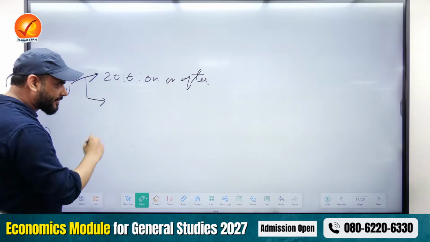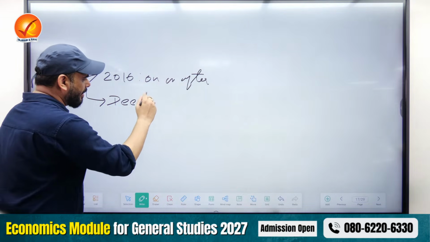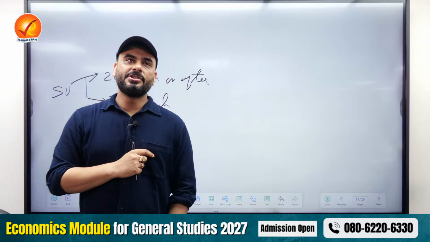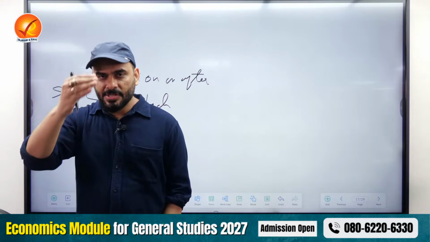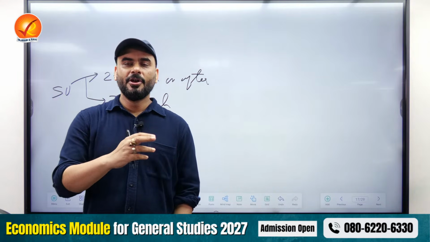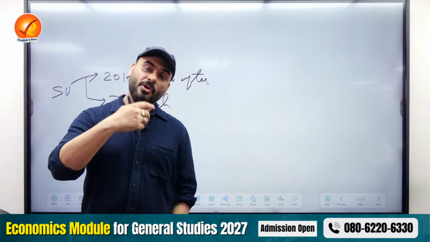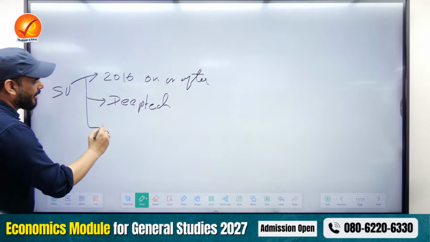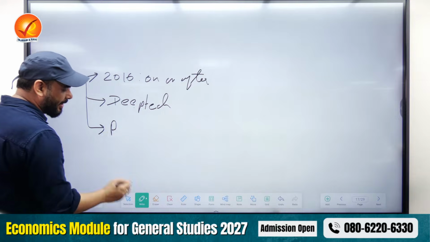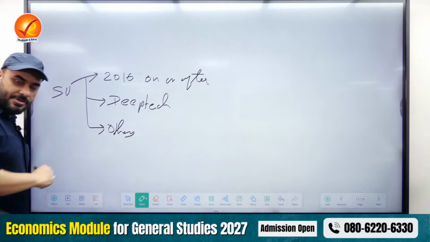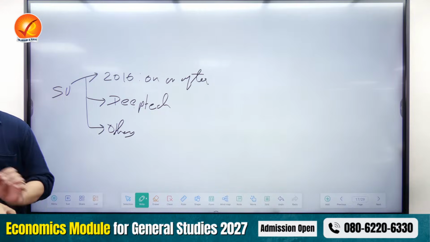There are two types of startup. One is deep tech. What are deep techs? Deep techs are those companies which are into some intense research and development. If you ask them, where do you spend money? They will say, we spend the majority of our money in research. So they are highly research-oriented companies. Now, second is others. So there are two types of startup. The registration process is slightly different.